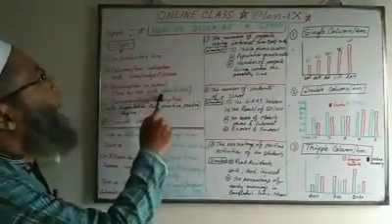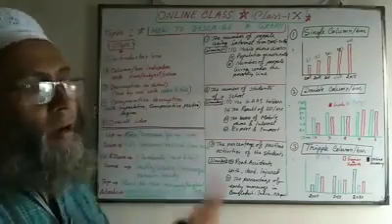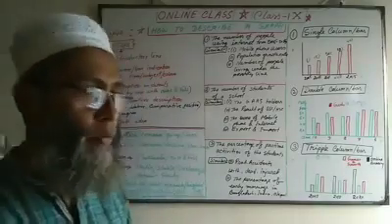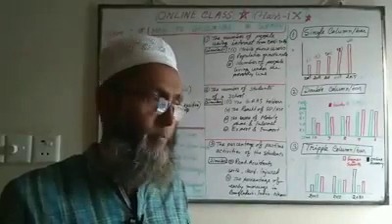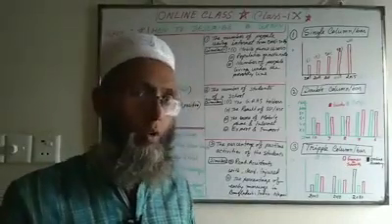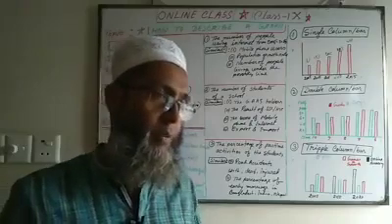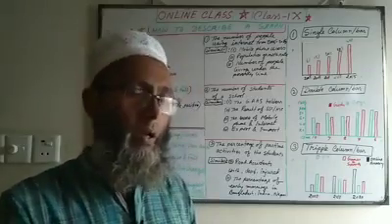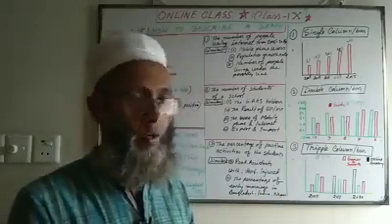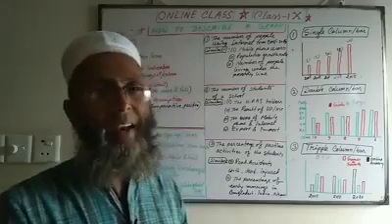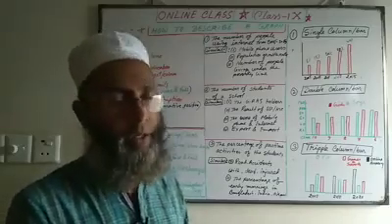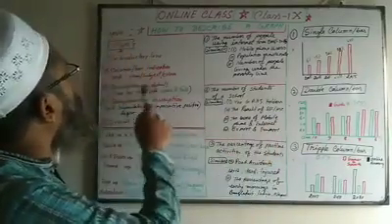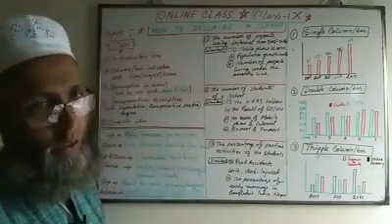Description in details one by one with rise and fall or up and down. You know that in the previous class I provided you with some useful words that may be used in your writing to describe graphs and charts, and I suggested you to memorize those words with their meaning, and that will actually be helpful in describing the graph. Okay, now description in details one by one with rise and fall.